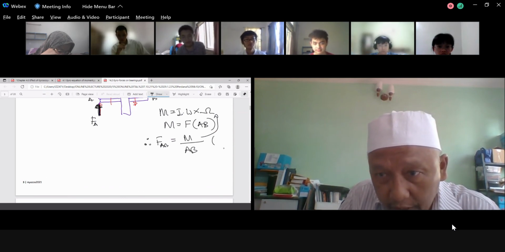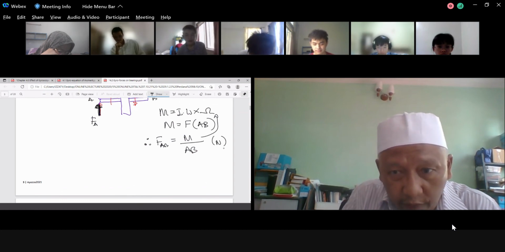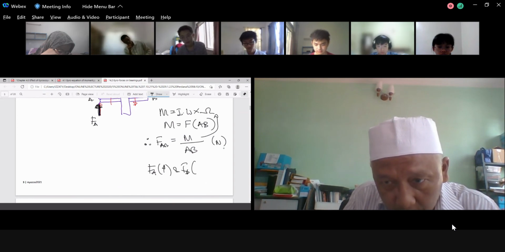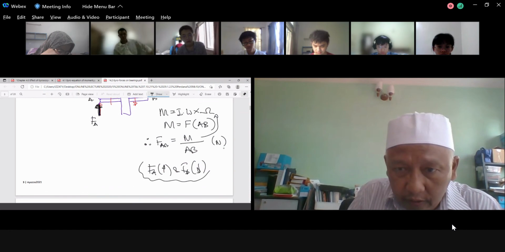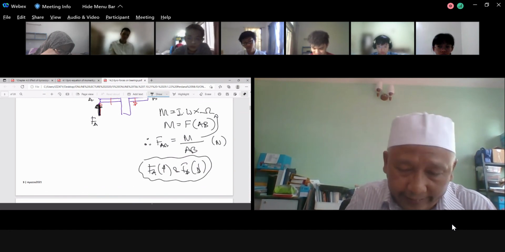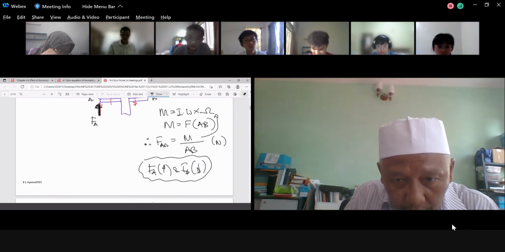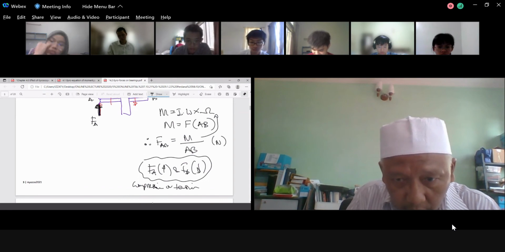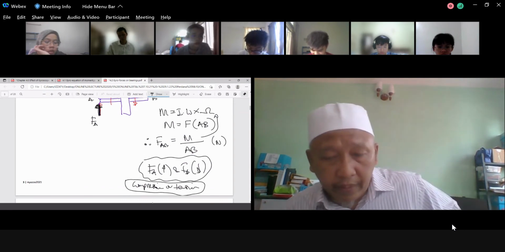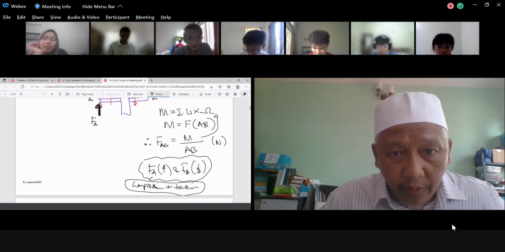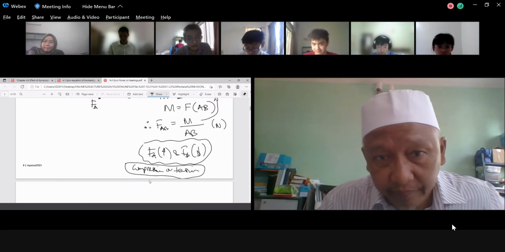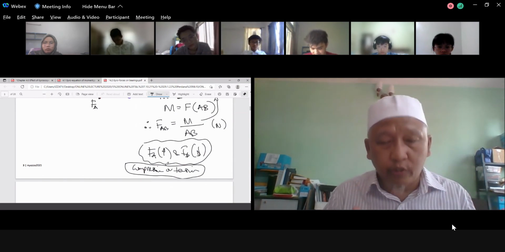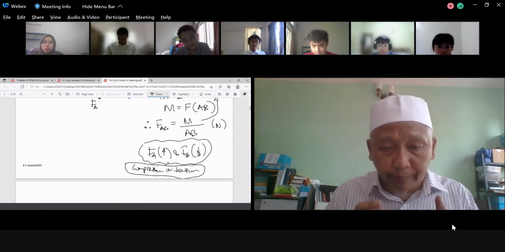So you have this one in Newton. If you have force A pointing upward and force B pointing downward, what is this force called? You learned in dynamics or statics, called as what? Compression, isn't it? Or tension. Compression or tension force acting on bearing A and B. Any question? We do not know the magnitude because there is no numerical at the moment. We are going to look for the principle first.